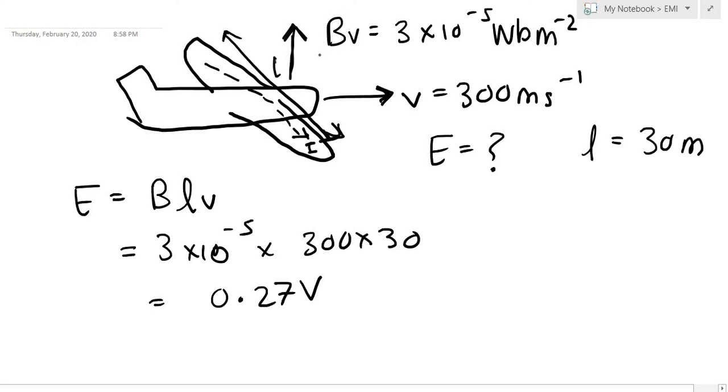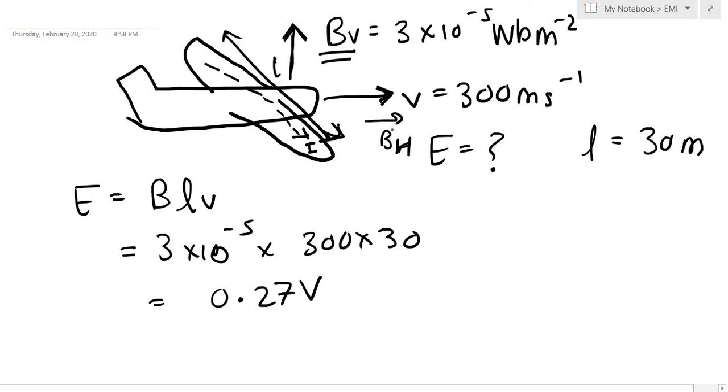the vertical component of Earth's magnetic field that actually seeks to produce an induced current or an induced EMF across the wings. Because a horizontal component, well, it won't do any good, right? Because you remember your Fleming's right hand rule. The motion and the magnetic field have to be perpendicular to each other. Because if you have BH over here,